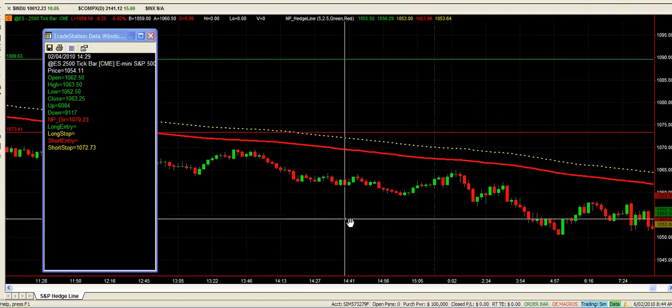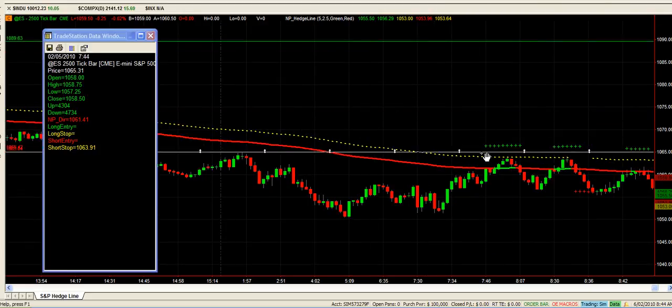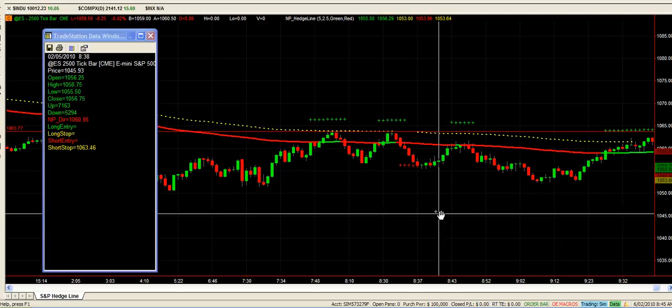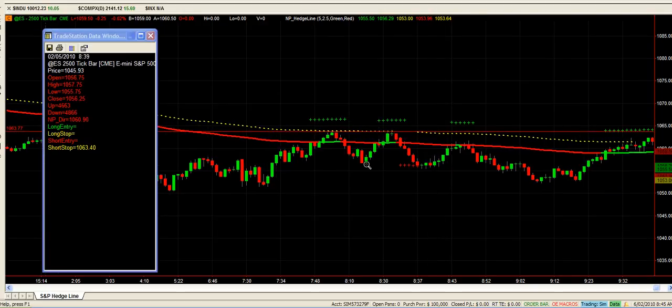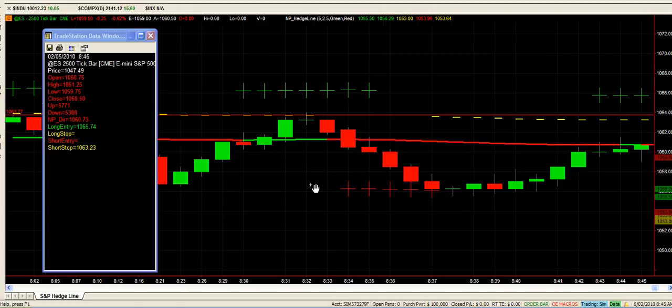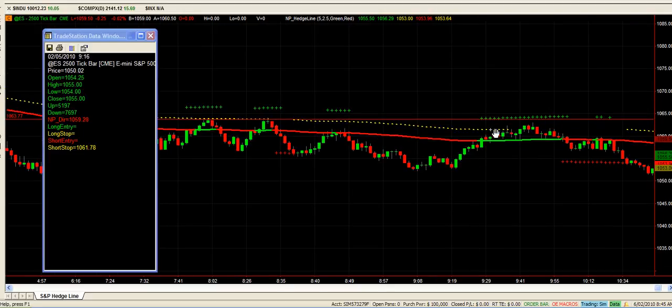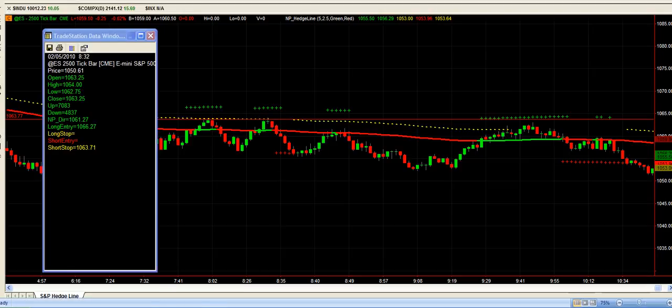I think it was about 22, 23 points. So we keep going down, and we just stop out here. You might have been lucky and missed the changing of the stop, but I got stopped out. You can see how the high of that candle was 10.64, and our short stop should have been at 10.63.75. So whether you got in or you stayed in that trade or not, it wouldn't have mattered a lot, because you would have been definitely stopped out down here just a little bit later. So in that short trade alone, we've made a total of